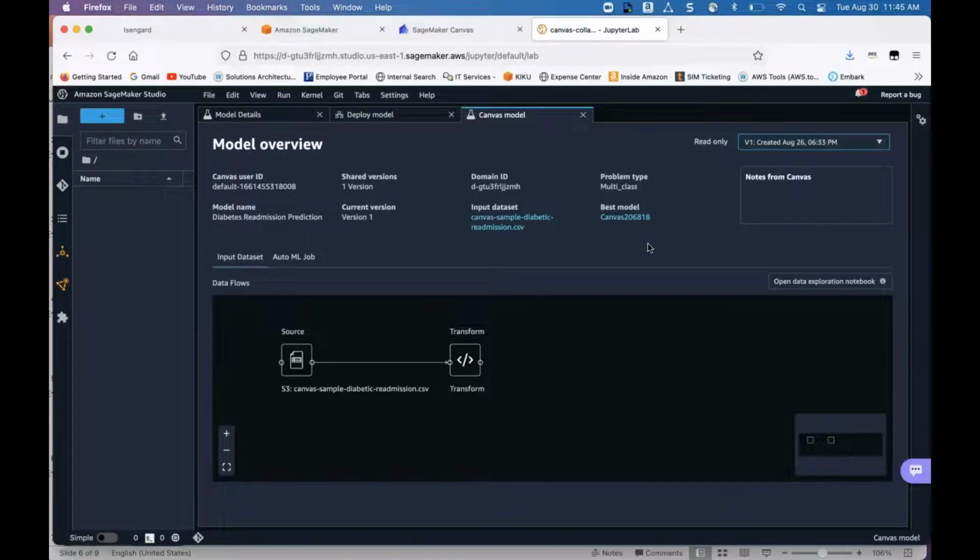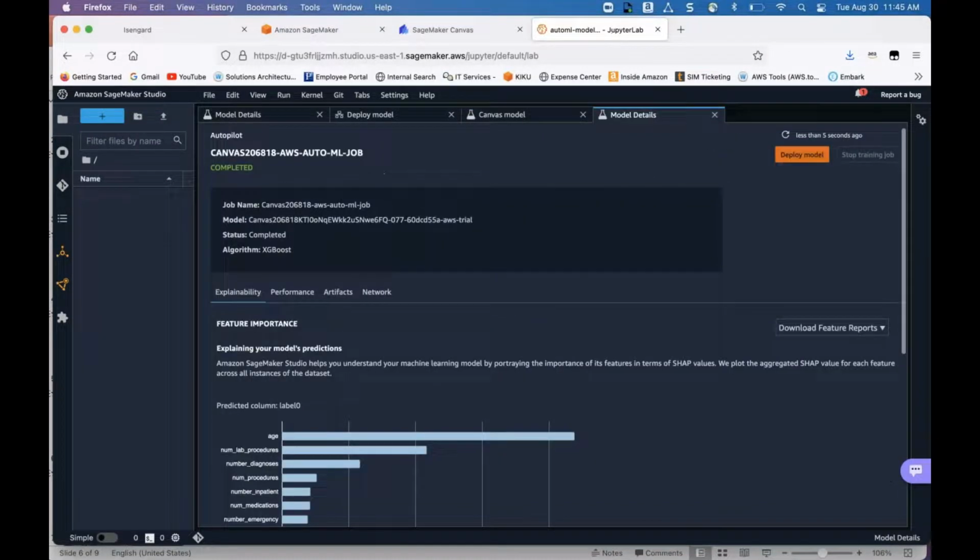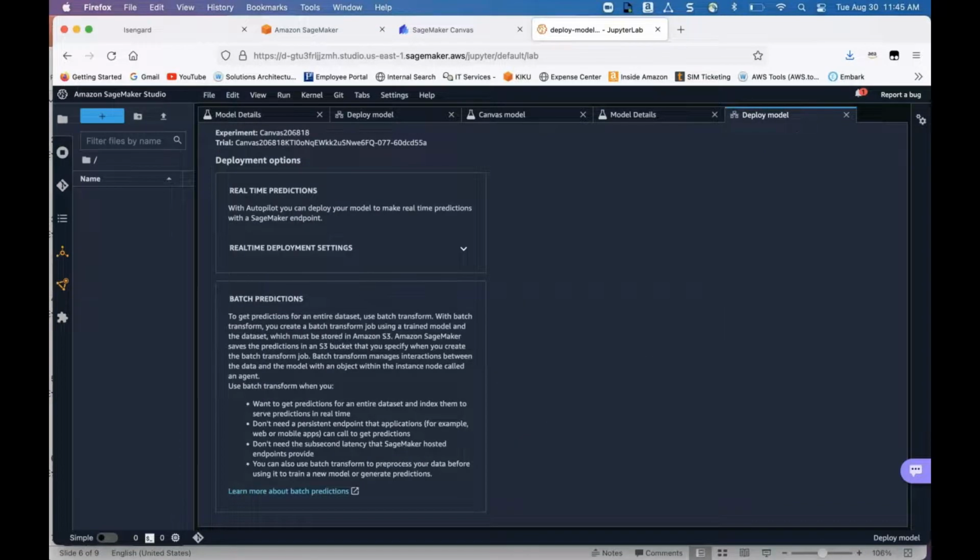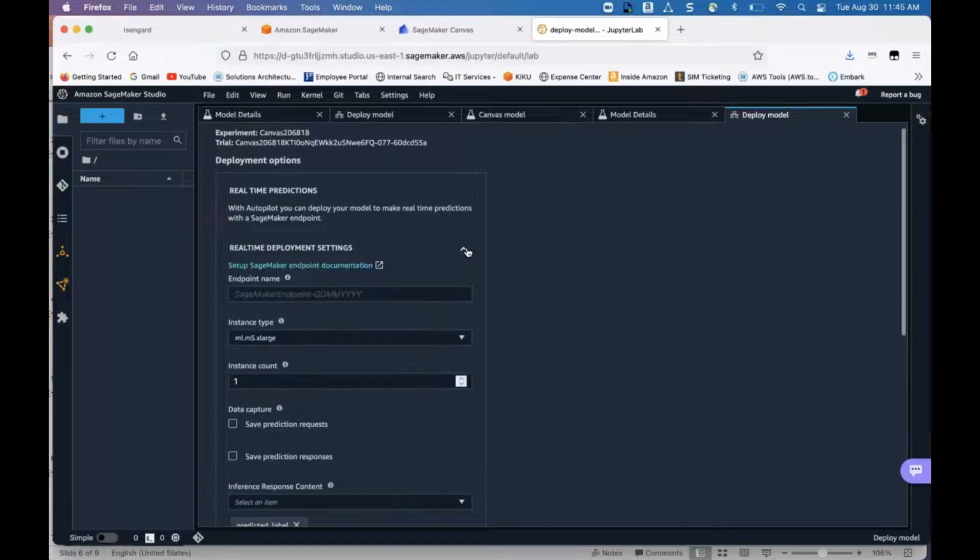And in just 2 steps, I can get this model deployed. Clicking on the best model will take us into the model details screen. And on the top right, again, you see this orange button which says deploy model. Clicking on deploy model, we're going to do the endpoint configuration. Again, all you need is an endpoint name. I'm not going to create the endpoint, but I just wanted to show